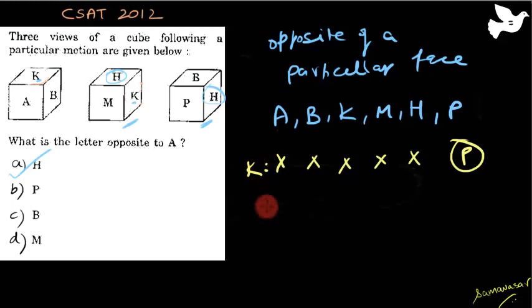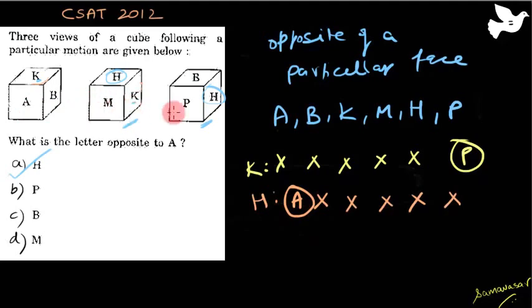Now let me demonstrate it again for H. For H, I leave this out. I have two. This H is common between these two. So if I start looking here again, I don't know about A. Let me just leave this. So M cannot be opposite to H because it is visible here with H. K cannot be opposite to H for similar reasons because it's visible here. H obviously cannot be opposite to itself. Come here. P cannot be opposite to H. And B cannot be opposite to H. So what is opposite to H is A. Simply. And this is what I used to find out what is opposite to A.